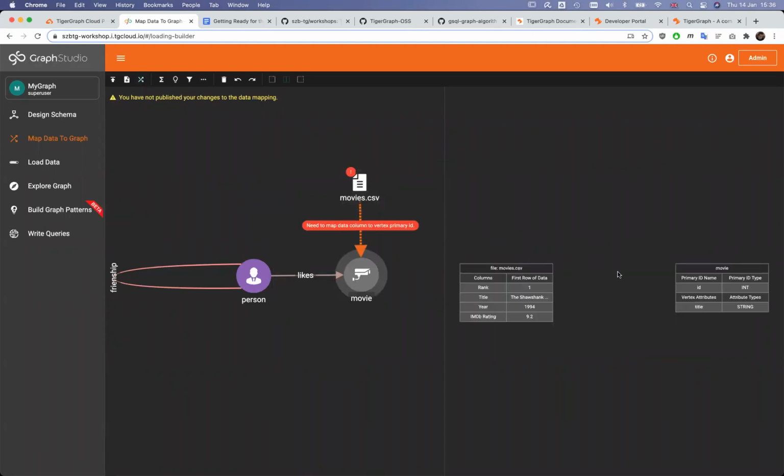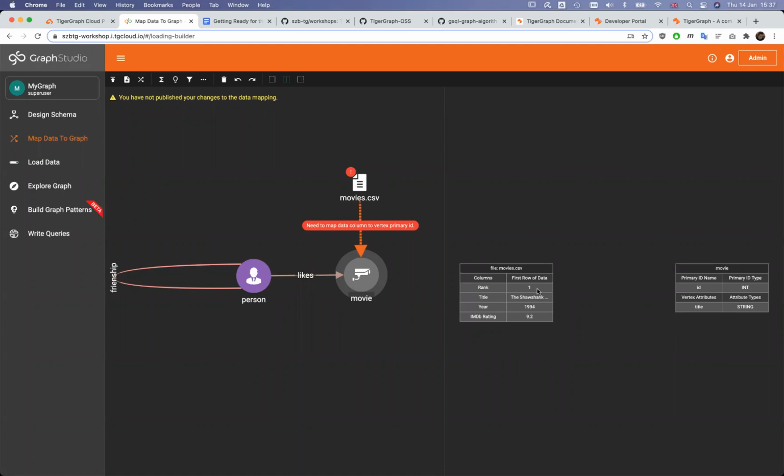And then you will see 2 tables on the right. The one shows the columns or fields of the source file with some sample data. And if there is a header row in that file, the names of the columns or fields will be shown here. Otherwise, you will see just numbers for row and also column numbers here. And on the right side, you will see the IDs and attributes of the selected vertex or edge types.